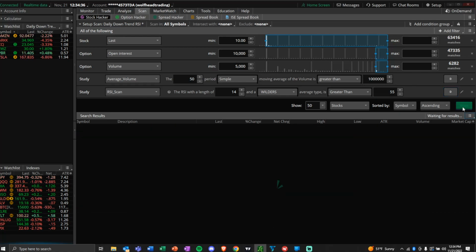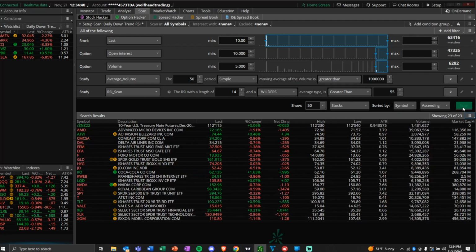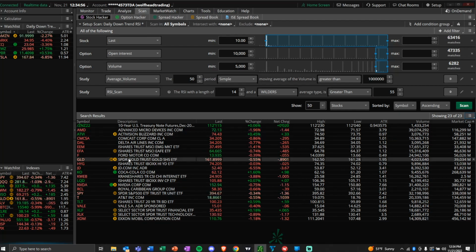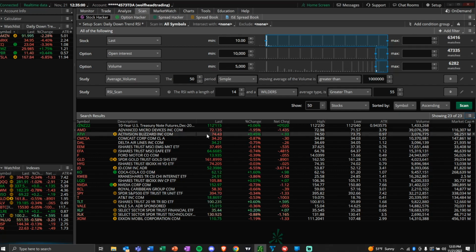I hit scan, and it'll think, boom, there we go. Now it's going to come up with 23 stocks. There's actually one futures contract in there because there's options on futures. Just ignore it though. That meet that criteria. So rather than running the scan every single time, I can actually save this scan as